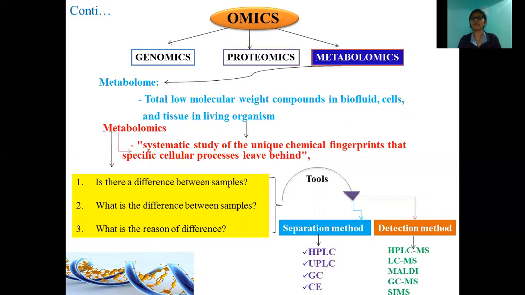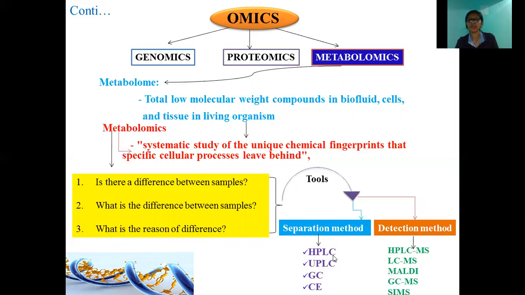In crop improvement, it is also very important, because if you spray certain pesticides or fungicides on the plant, this is an external stimulus that affects the cell, and because of that different kinds of metabolites are synthesized in the cell. What kind of metabolites are synthesized against that external stimulus, for example pesticides or fungicides sprayed on the plants, can be studied with the help of these various metabolomics techniques, specifically for the separation of a particular compound from a biological tissue.